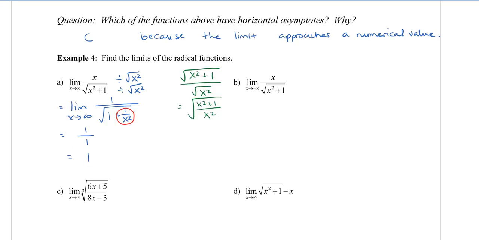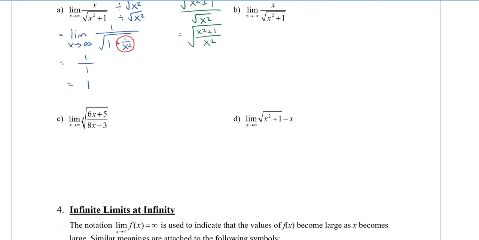All right, let's take a look at another one. So we'll take a look at C again here. This time we have a cube root. Now, if you recall our limit laws, we can move our limit through the cube root. So I'm going to rewrite this as a cube root after I find the limit as x approaches infinity of 6x plus 5 divided